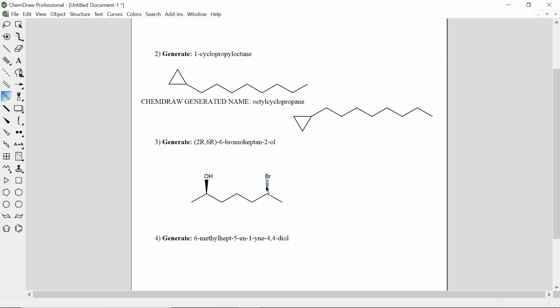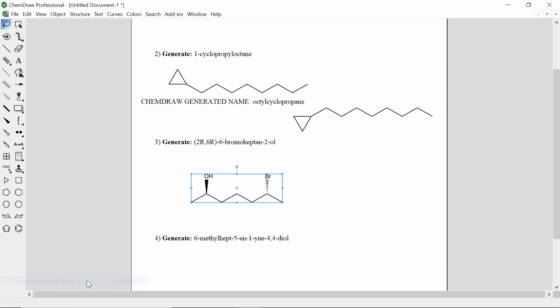I'm going to click that, and then that's going to be priority 1, priority 2, priority 3, looks counterclockwise, S, but my lowest priority group is actually opposite where I need it to be, so this is R, okay? If I want to confirm that, what I can do is grab or lasso this structure. Again, if it doesn't automatically lasso it for you, you can just come in here, grab it, structure,